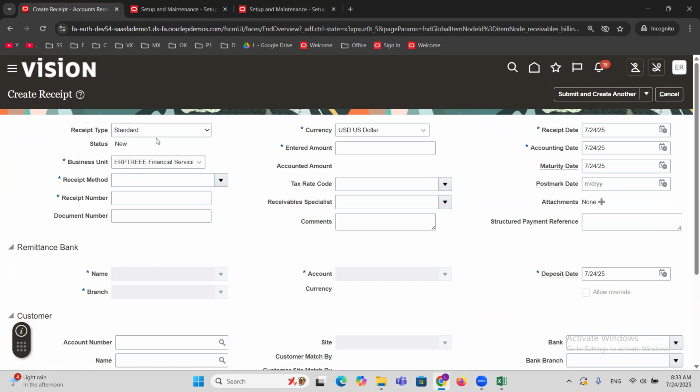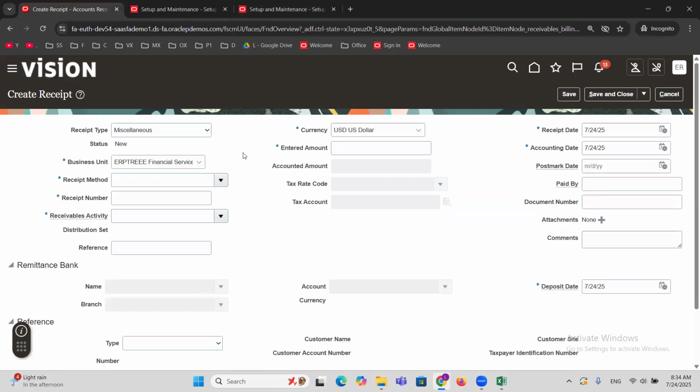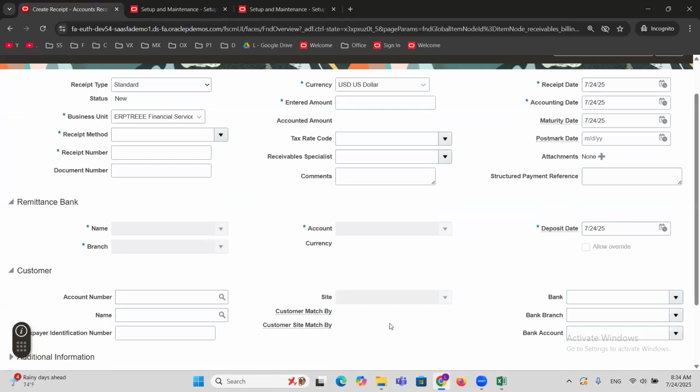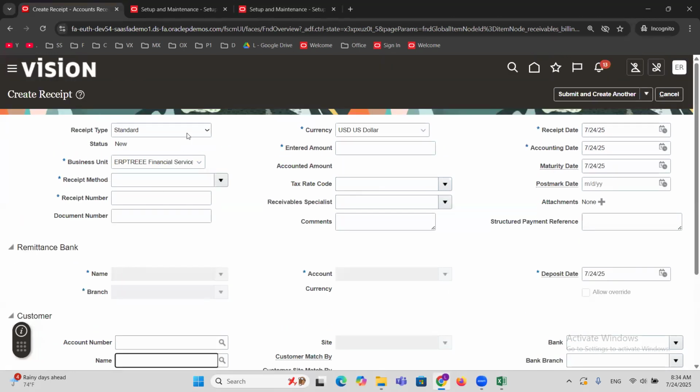And receipt type is by default standard. So select receipt type as miscellaneous. When you select receipt type as miscellaneous, the fields are updated if you notice. If you select receipt type as standard, you can see the fields for standard, customer, and all the name, everything is open. If I select miscellaneous,